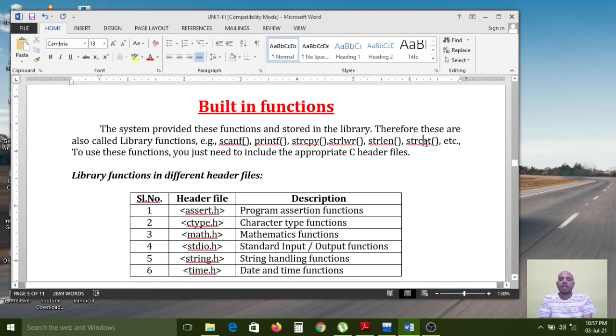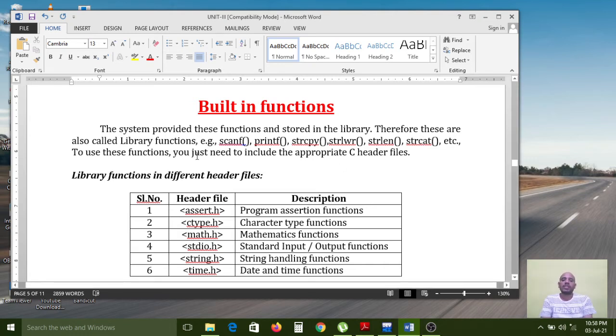At this time I don't want to discuss the string handling functions, because I will explain them in the strings concept. According to the Osmania University given syllabus, we have a strings concept also. In that strings class, I will explain all these functions. But you just understand that these all are built-in functions, nothing but predefined functions. We need not develop these functions' logic again and again. Simply we can call and use them in our currently developing program.